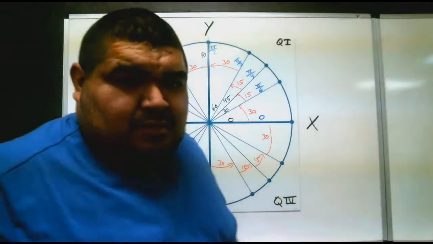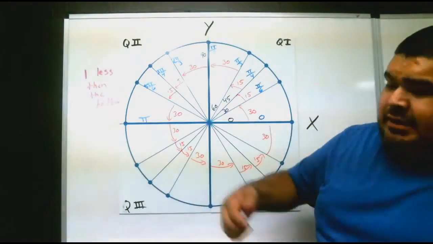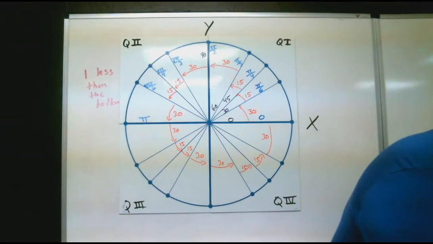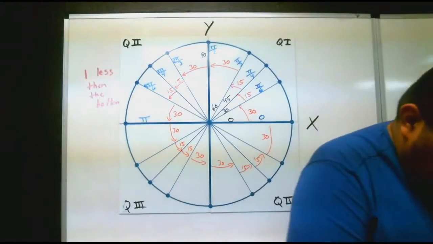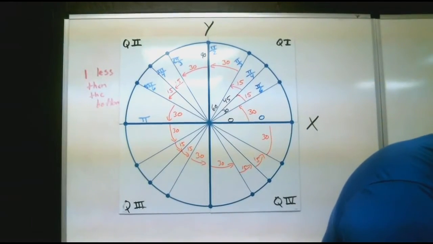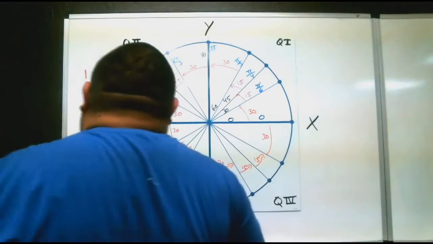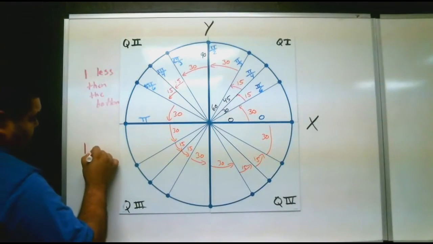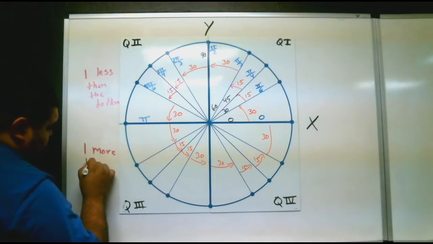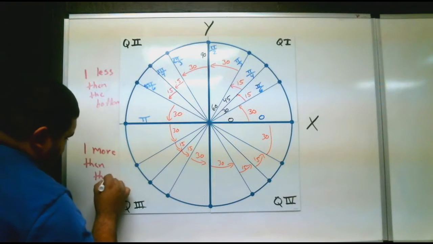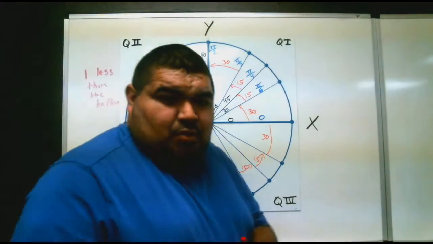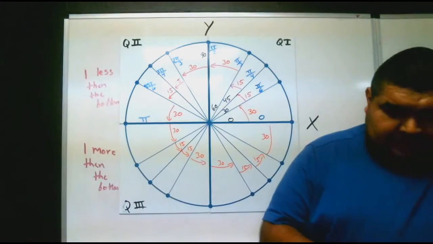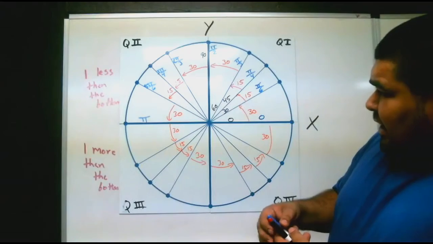Okay, one less than the bottom for the radians. Okay, now for the next one, the rule is down here. It's kind of similar. The only difference is one more than the bottom. Okay, so one more than the bottom, meaning if we have,